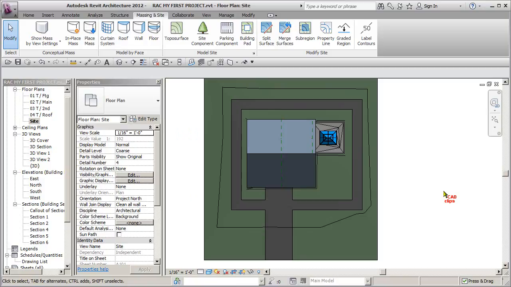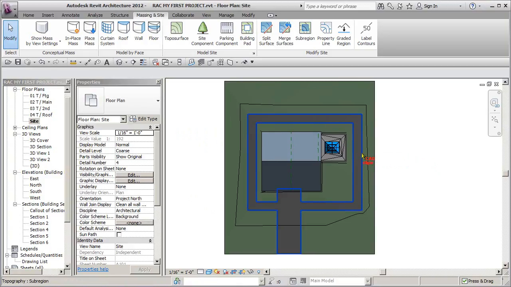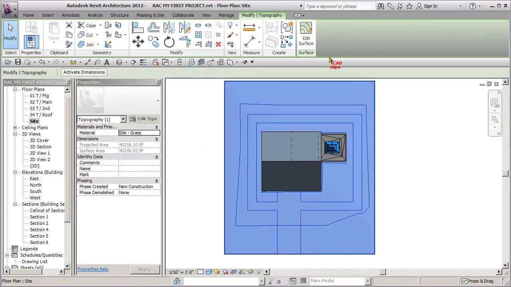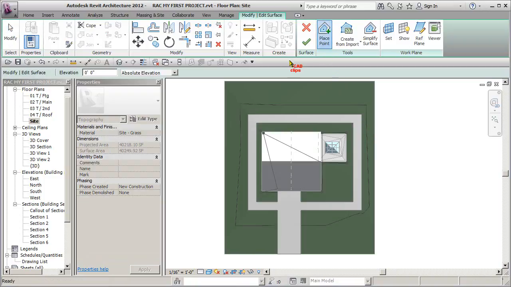All right, we're ready to create our curb wall. I should also point out that with this subregion, what happens here is if I pick the main topo surface and say edit surface and I add points in here and change the terrain by adding points around here, okay, escape, escape, or even